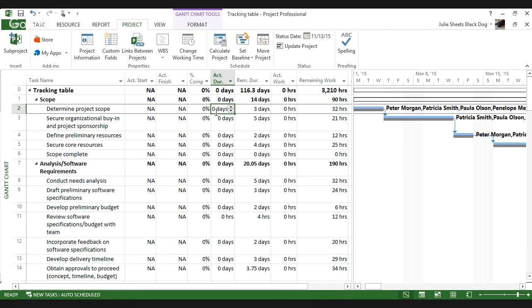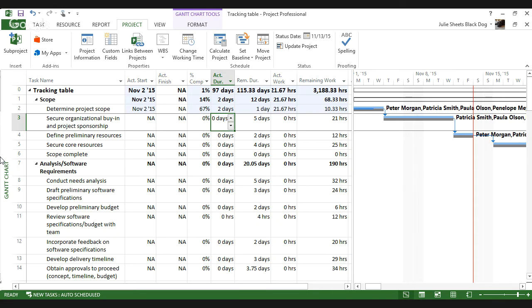But if I start to fill in my actual and my remaining duration, Project will fill in for me an actual start. If I fill in an actual duration which is greater than or equal to the original plan, it'll assume I'm done, and it'll fill in an actual finish, and it will update my percent complete. So task number 3, I can see right now, had a planned duration of 3 days. So I'll fill in an actual duration of 2 days,